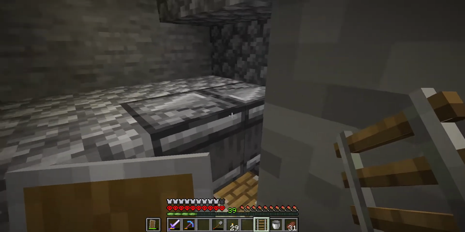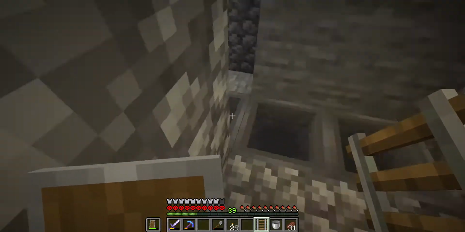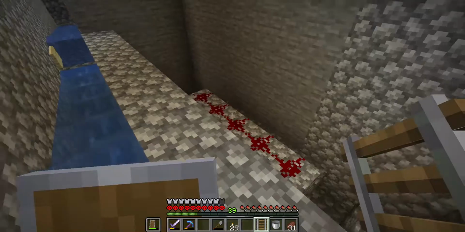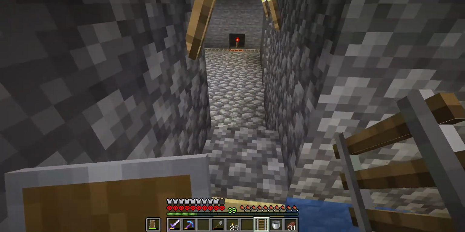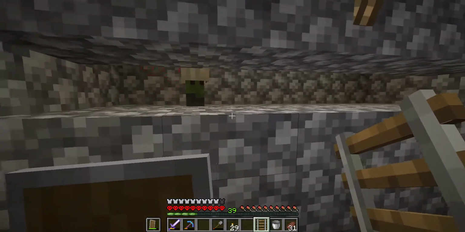So I have two observers facing each other, which makes a continuous loop. So everything that comes down the hoppers immediately gets discharged into the water distribution system and across my chests. Now I've only got those partially developed as well. It's just that as soon as I heard a zombie villager's growl, I came over and cleared the